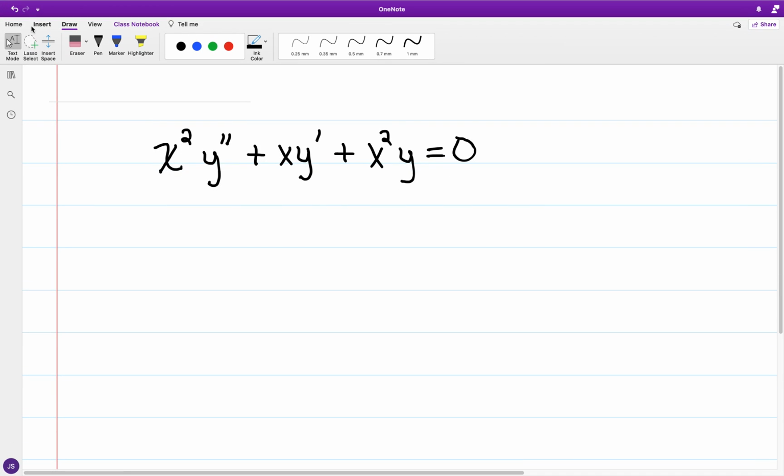Second order differential equation. So you have x squared y double prime plus xy prime plus x squared y is equal to 0. Now things are aligned where I can use this method of Frobenius. Okay, so if I were to divide this equation by x squared,